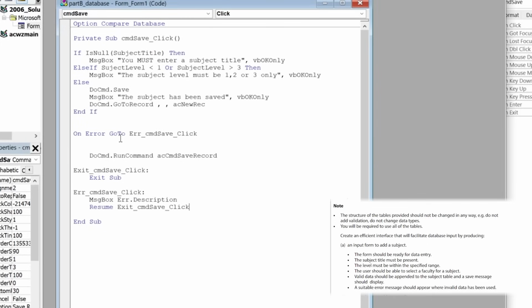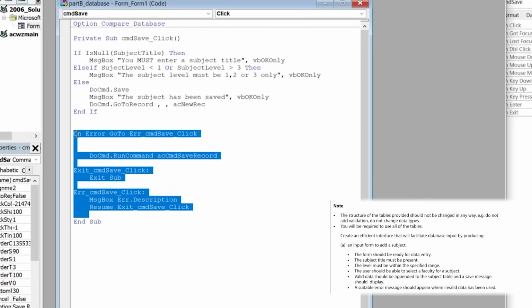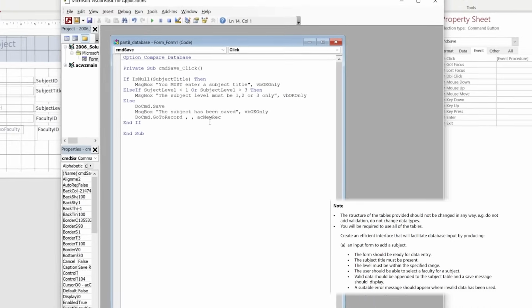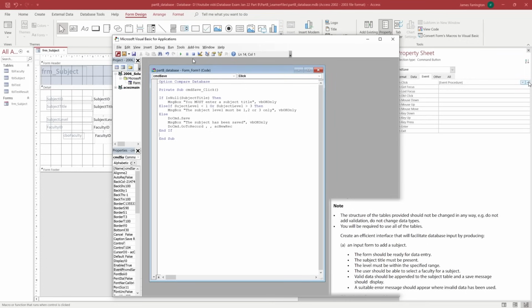So just select it all, and then we're going to delete. Once we've done that, we're just going to click on the X button, and that should take us back to our database,